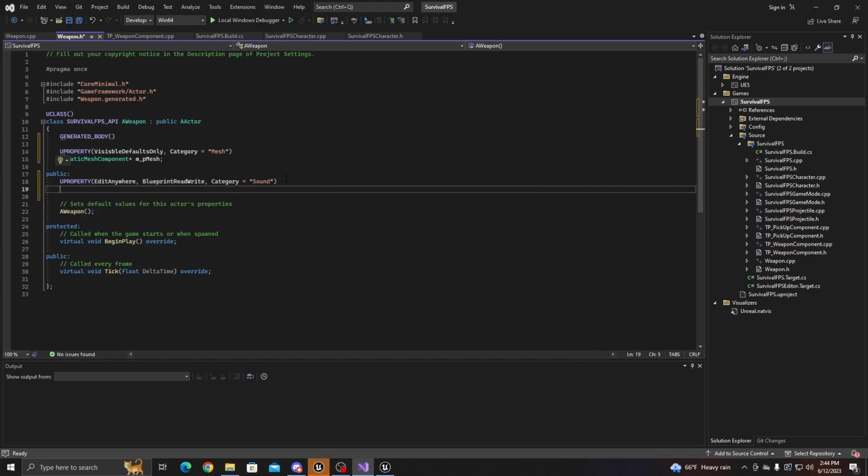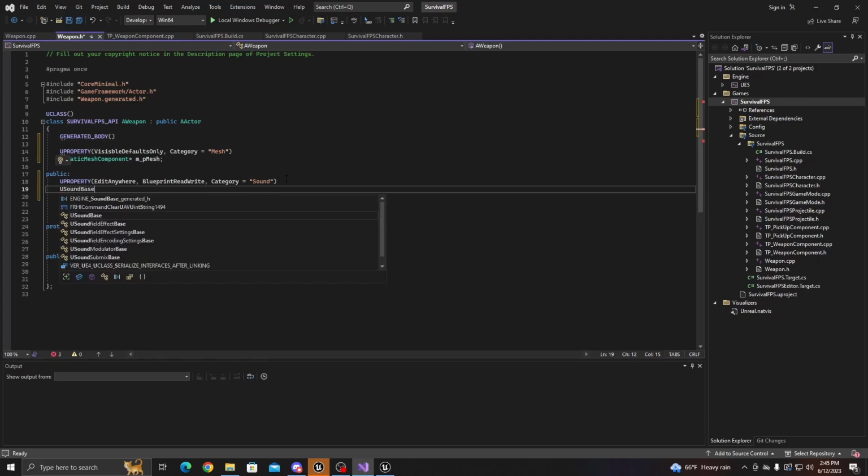And the first sound that we're going to need is our shooting sound. So we're going to call this a USoundBase pointer MP fire sound,